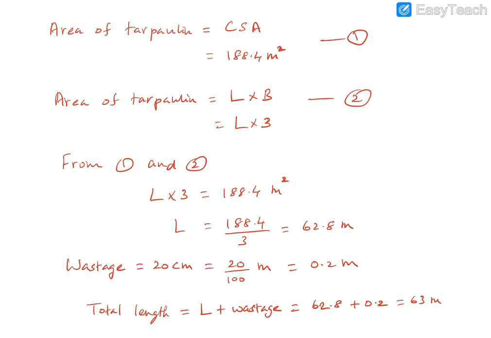So what we did was, we first calculated the curved surface area of the conical tent, and we used the fact that the area of the material that we're going to use to build the tent should match the curved surface area of the tent. So from that we were able to calculate the length of the tarpaulin given its breadth or width. We got the length as 62.8 meters based on the curved surface area, and then we added the wastage length, and we get that as 63